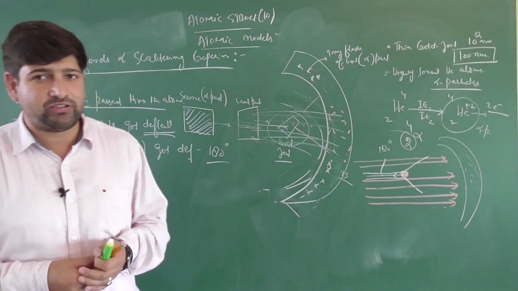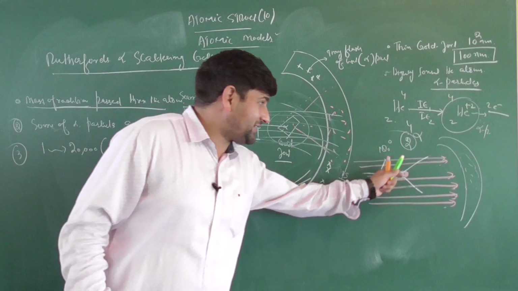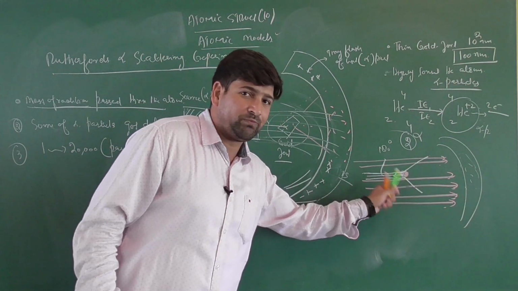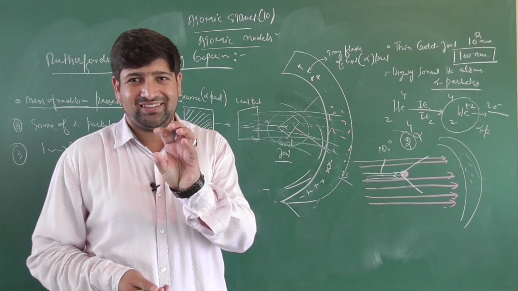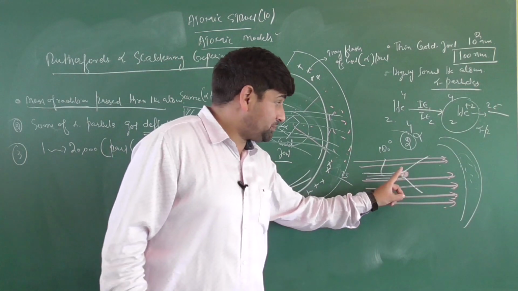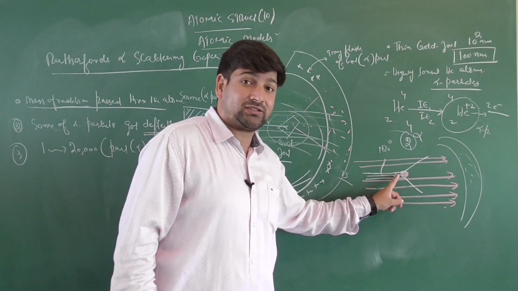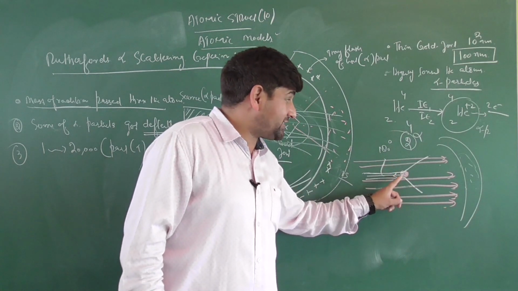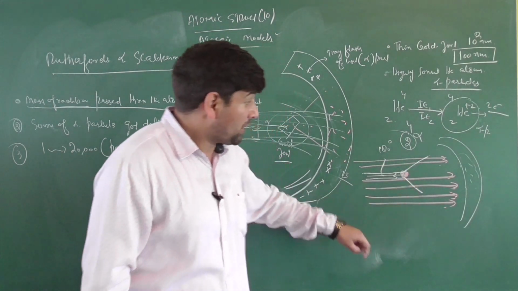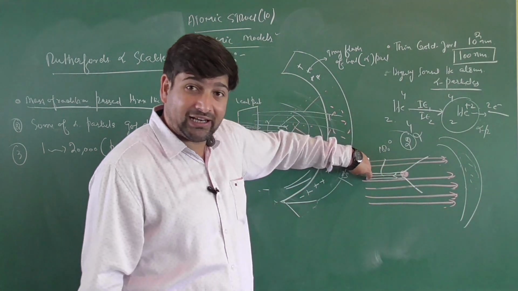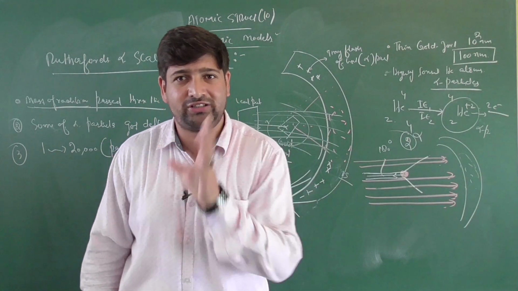If mass was uniformly distributed, positively charged regions were uniformly distributed, then the deflections would have been steep. Only few deflections occurred, indicating that the mass is present in a very small region. Not only that, mass is present in a small region. That means volume is very small. It is extremely dense. And because the deflection has occurred of alpha particles which are positively charged, it has positive charge as well. 1 in 20,000 which got deflected at an angle of 180 degree indicates that this mass is concentrated in a very small region.